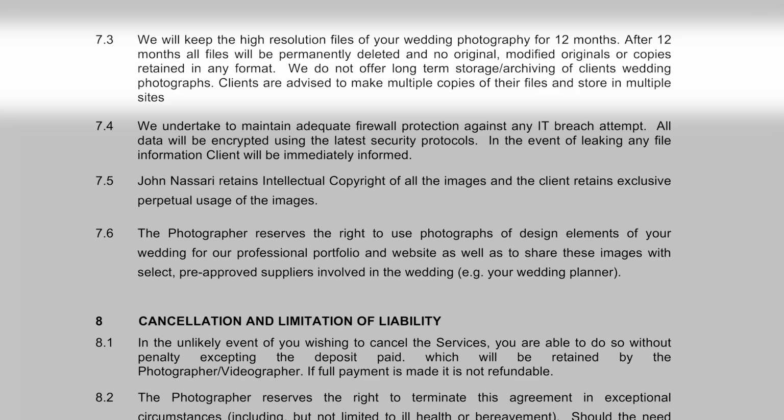Couples get the pictures, and I will keep those pictures on file in my own archive for 12 months. Do I keep them longer? Sometimes I do, sometimes I don't. But legally speaking, I'm saying that after 12 months, they're being deleted. So it's important for them to know that the copy they get, and I'll come to that later, what kind of copies, but the copy they get is theirs, and the obligation for them is to back it up, because they can't come back to you in 3 years' time and expect you to have them.